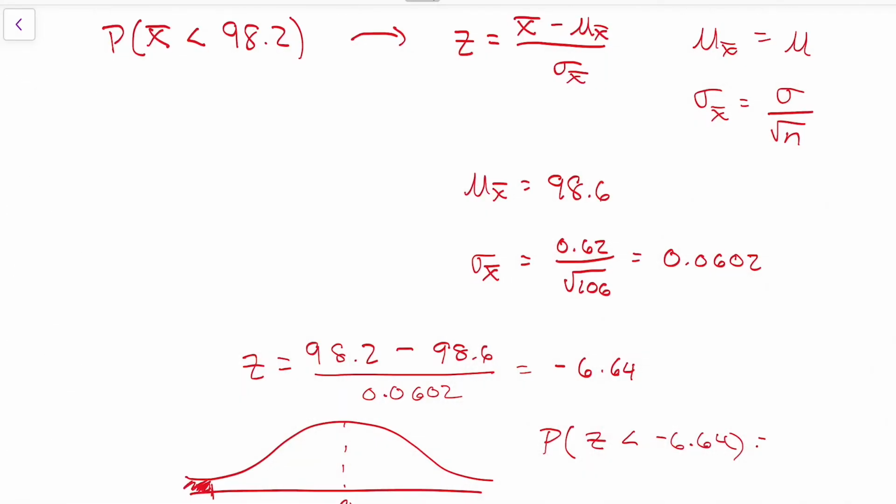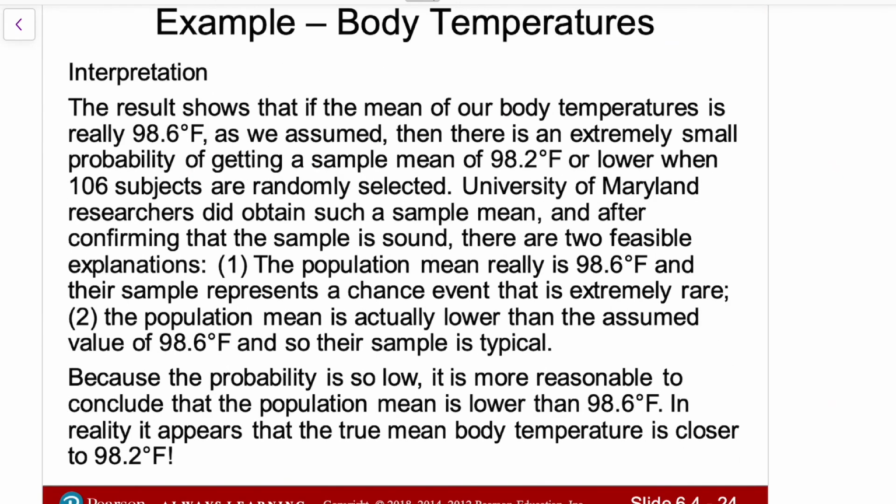So we see this probability is 0.0001, which would mean the likelihood of getting an average body temperature of 98.2 degrees is very, very low. So if that actually happened, if we got a sampling of 106 people and their body temperature was 98.2 degrees, that would be significant. The probability of it happening is low. So if it actually happened, that would be very significant. And so it turns out